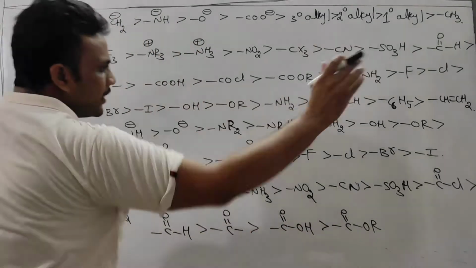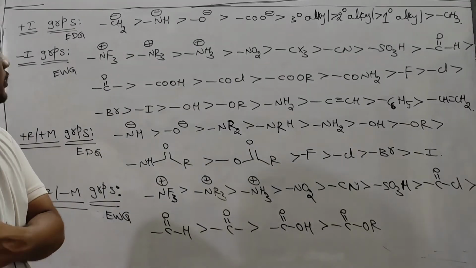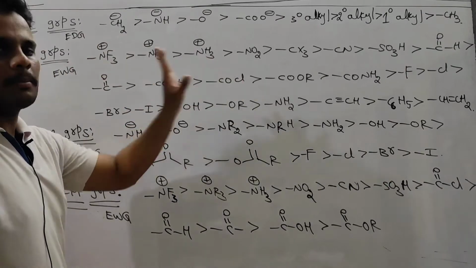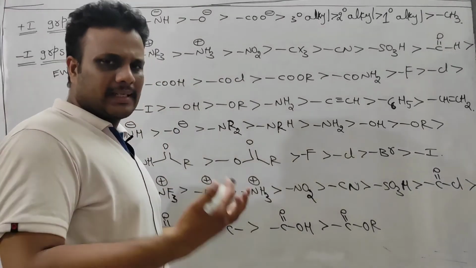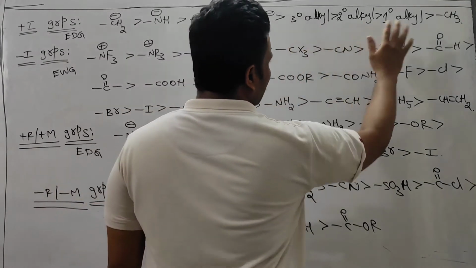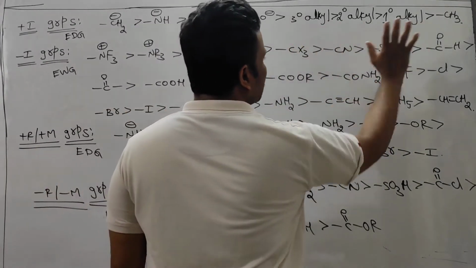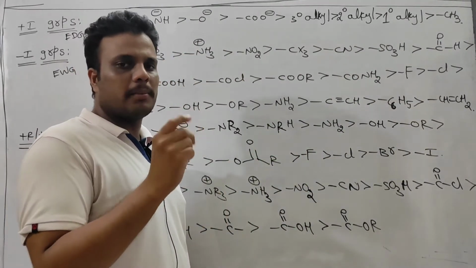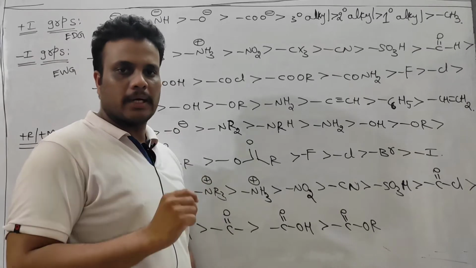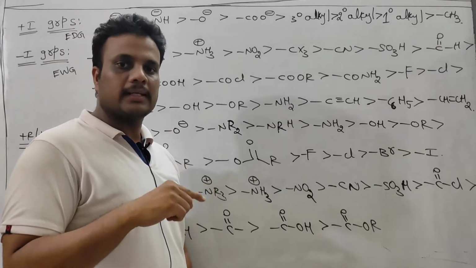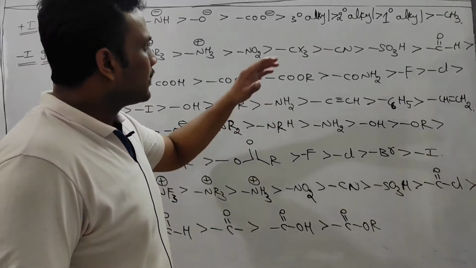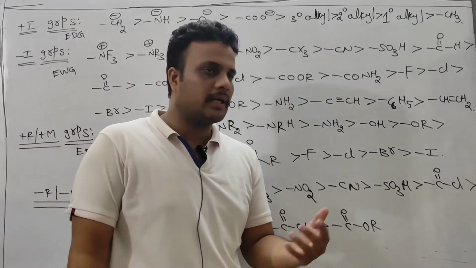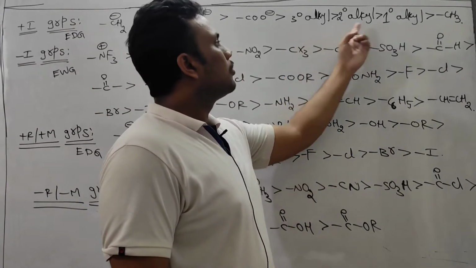So how to memorize these many groups? No need to memorize all these groups. If you memorize the plus I groups, all the remaining groups are minus I groups. Plus I groups, in general, we see alkyl groups in many examples. Any alkyl group behaves like a plus I group. With increase of carbon number, the plus I effect increases. Suppose two primary groups are there, one is ethyl, another is n-propyl. n-Propyl has more carbons, so it has higher plus I power. Similarly, suppose you have the same number of carbons but different nature of carbon, primary, secondary, tertiary, then this is the correct order. So alkyl groups are always plus I groups.